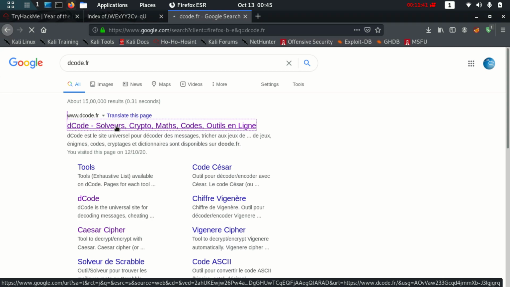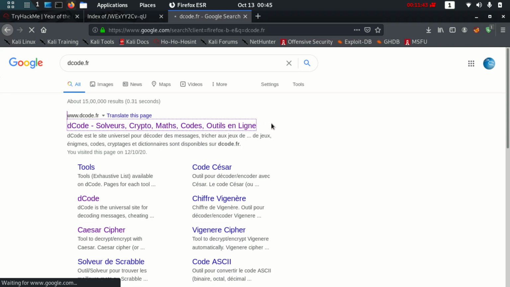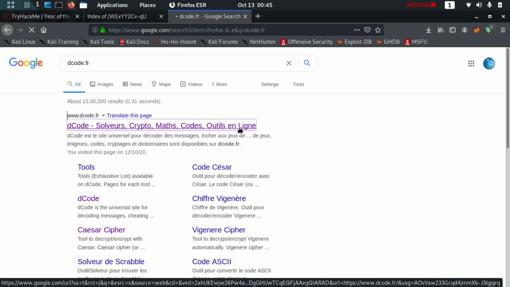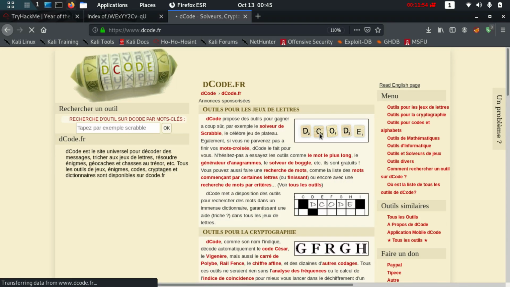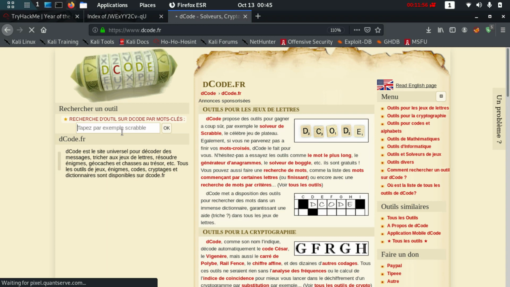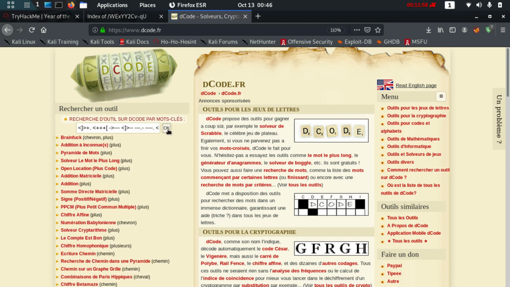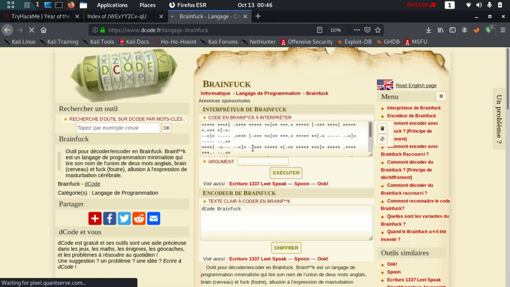It doesn't always work, but it is pretty reliable and pretty good. Let's see over here. I'm just going to paste whatever was there, and it has told me that most probably the language is known as Brainfuck.